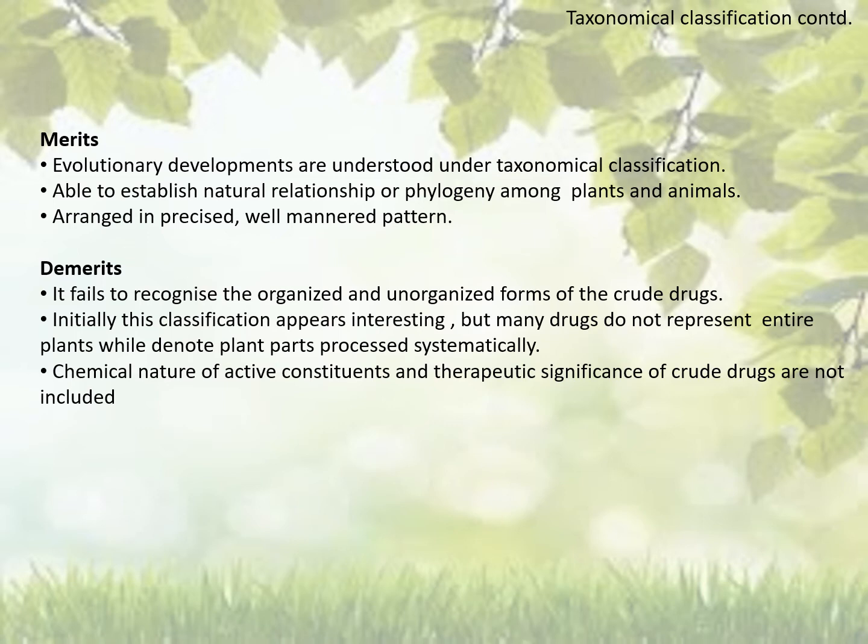Now, merits of taxonomical classification. In this method, there is no repetition and it is devoid of ambiguity. Means evolutionary developments are understood under taxonomical classification, able to establish natural relationship or phylogeny among plants and animals arranged in a precise, well-mannered pattern. There are some demerits of this classification: it fails to recognize the organized and unorganized forms of crude